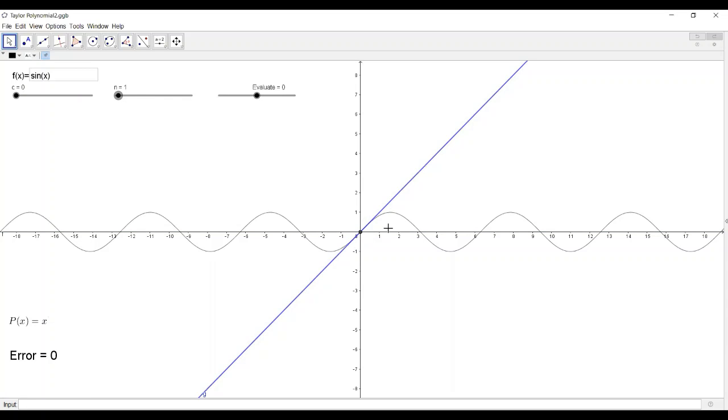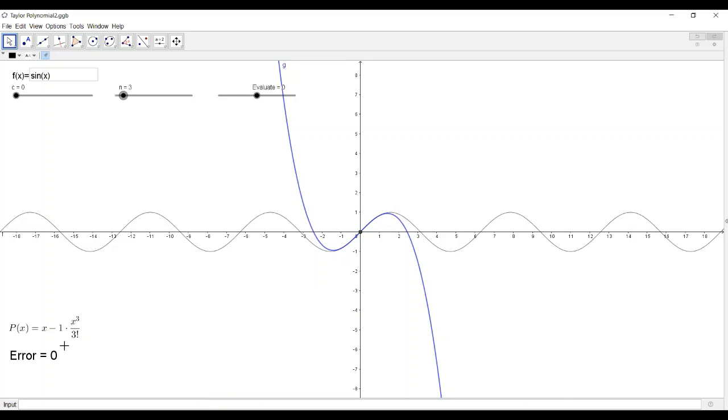polynomial, now this is a first degree Taylor polynomial, and down here on the left-hand side, you can see that the Taylor polynomial would actually just be x here, and since we're evaluating at the center, there would be no error. Now, as we increase this, as we go from n equals 0, 1, 2, 3,